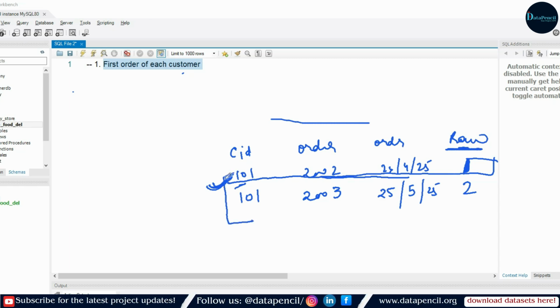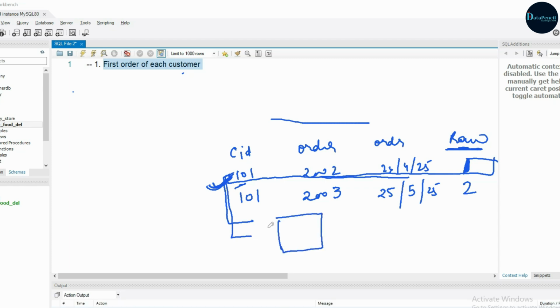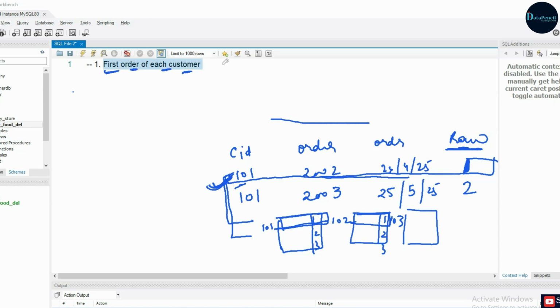We have to simply do the grouping of each customer. We have to create the groups of customers, for customer 101, customer 102, customer 103, and then all the details of these customers, and then we will provide the row numbers 1, 2, 3, 4, and so on, and then we will fetch only the first row. So this will be called the first order of each customer. Alright guys, I hope it's clear. Now how we can do it, we are going to learn via this query code. So now let's start writing.